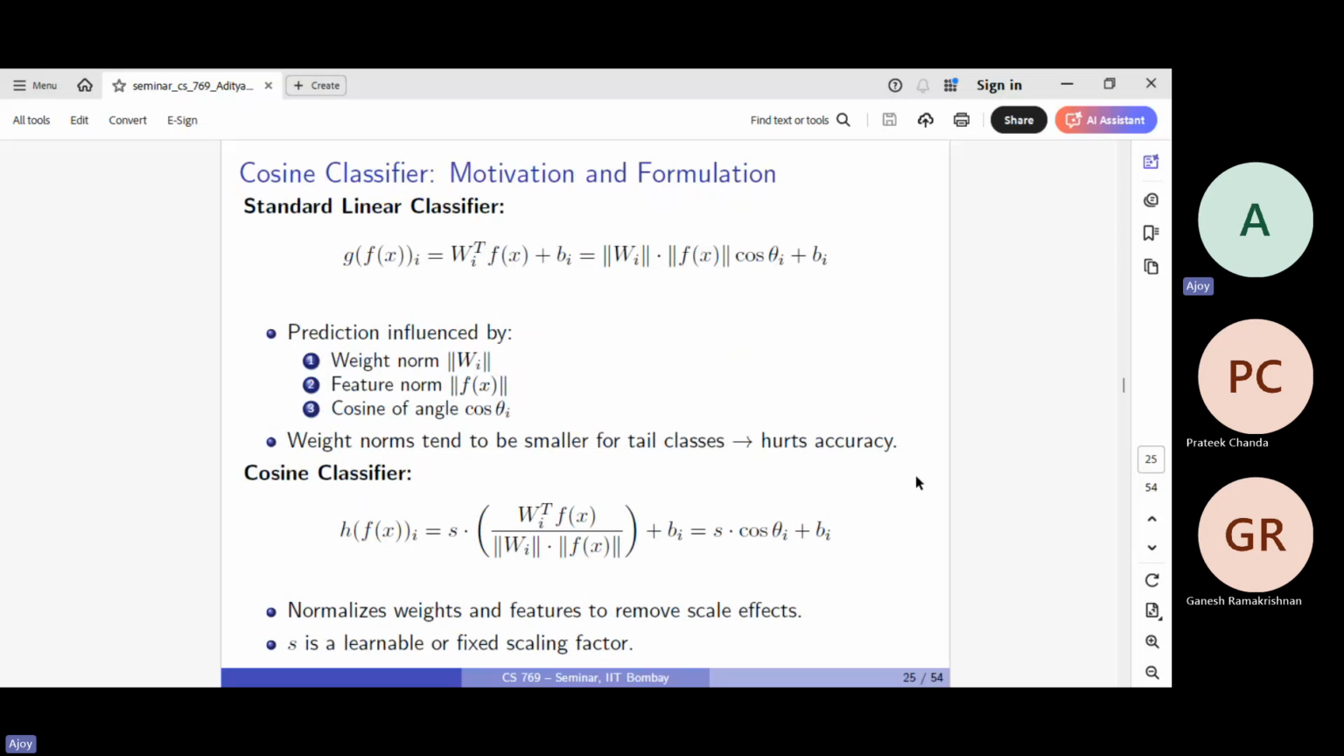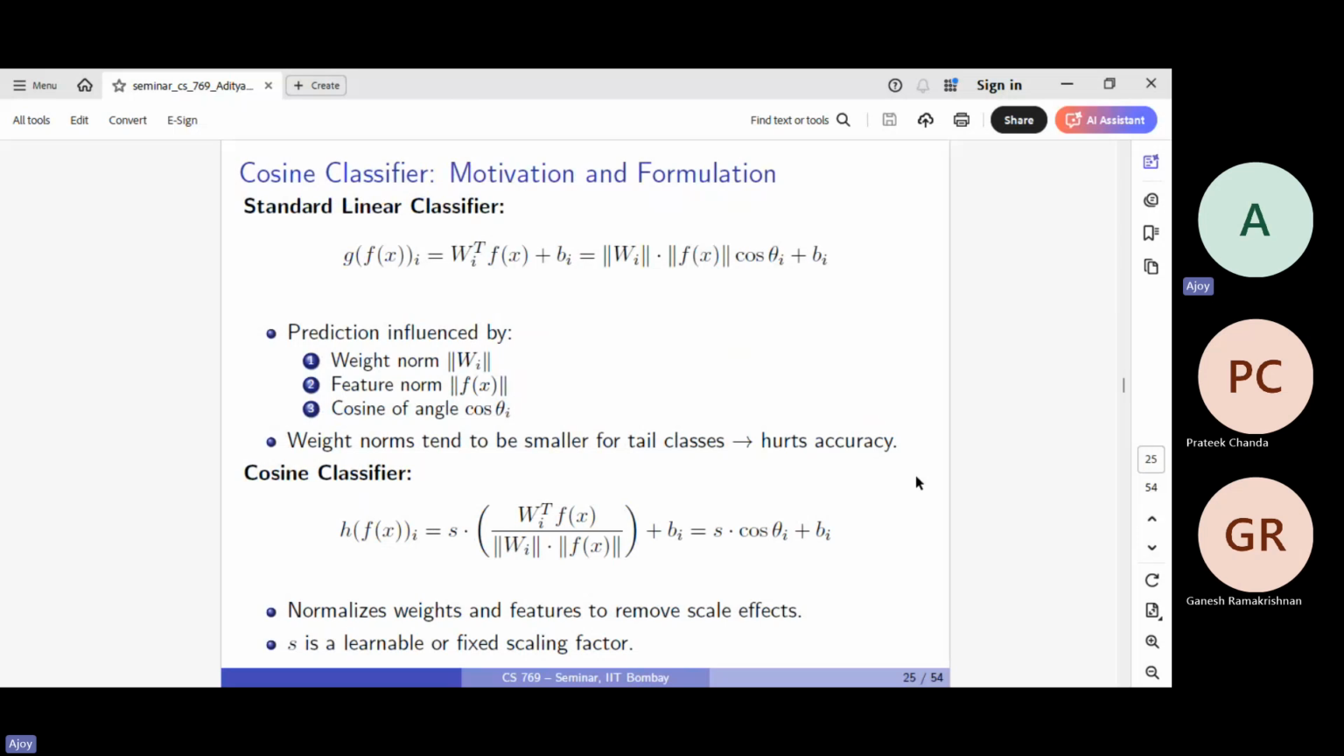The neural networks that we used earlier had logits used in the softmax loss, which were of the first form, just a standard linear classifier used for the loss function. It wasn't balanced well for the higher distributed as well as the lower distributed classes. So what we do is we normalize them and we formulate this cosine classifier, which has these three components: